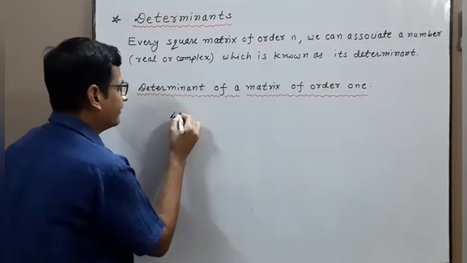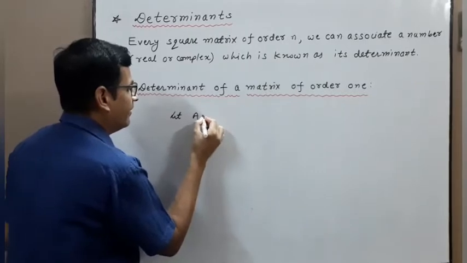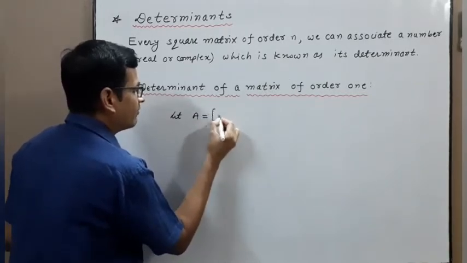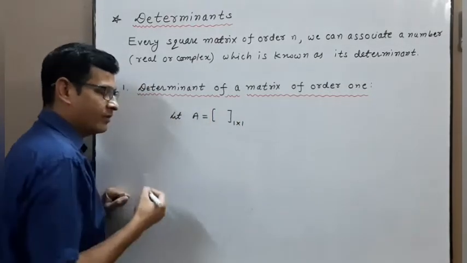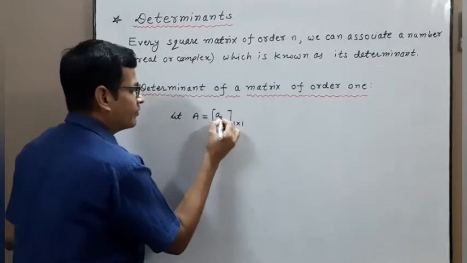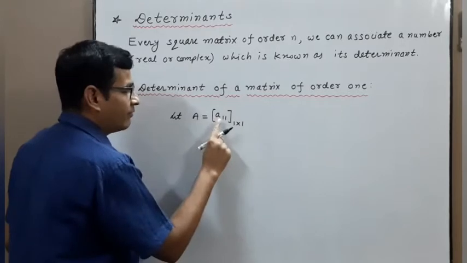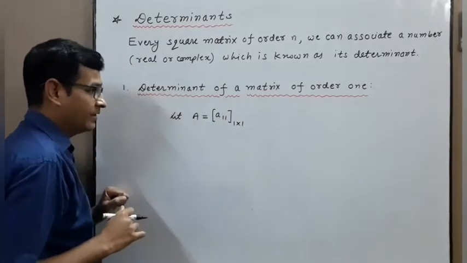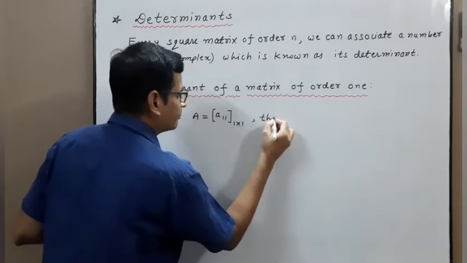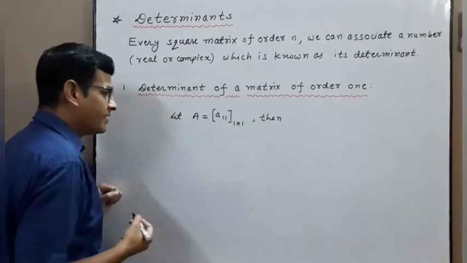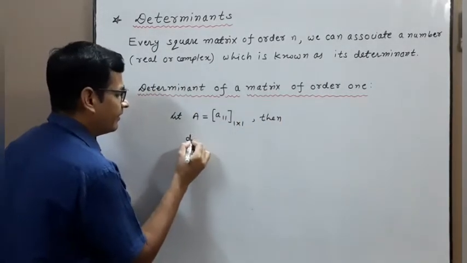Let A be a square matrix of order 1, means there are one row and one column. So only a single element of first row and first column. Then its determinant is denoted by,